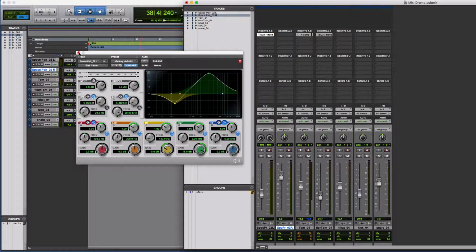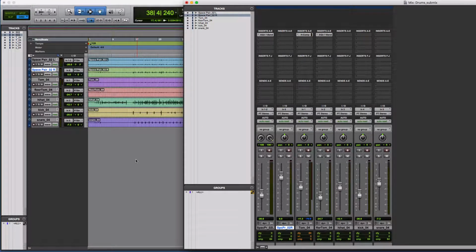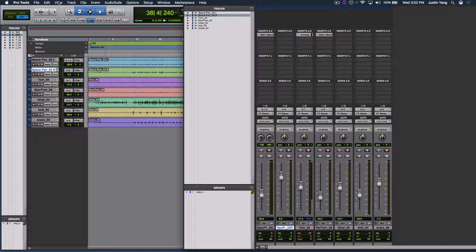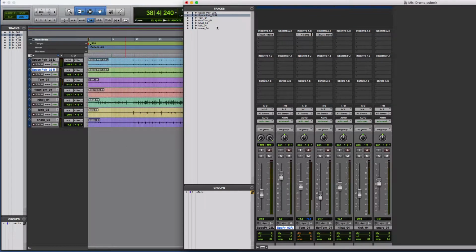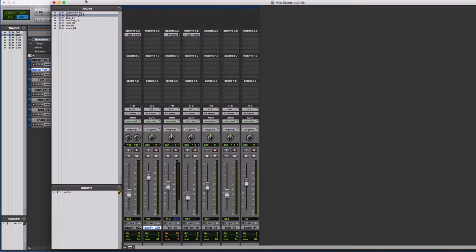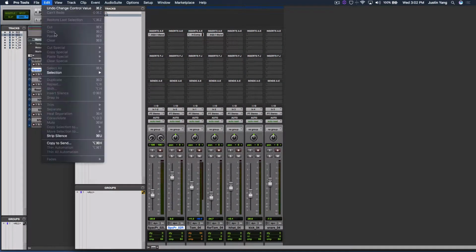So what we're going to do, this is a bit roundabout, but the easiest way I've come up with anyways, is to create that particular folder hierarchy by using Save Copy In, okay? And then just trash this project. So we have our project right now. It's called Drum Submix. We're going to save a copy in,